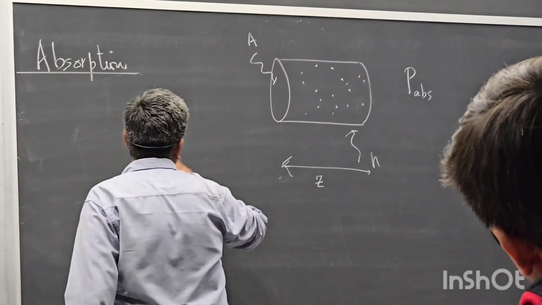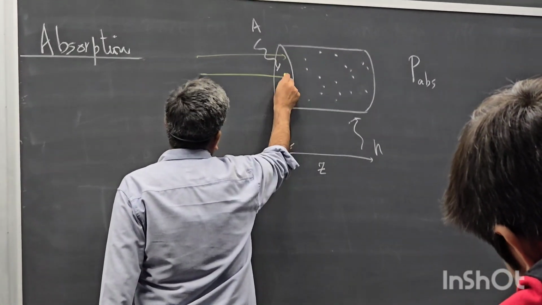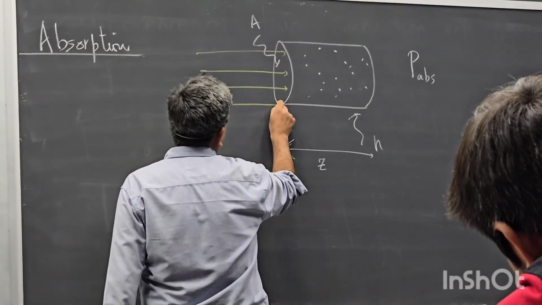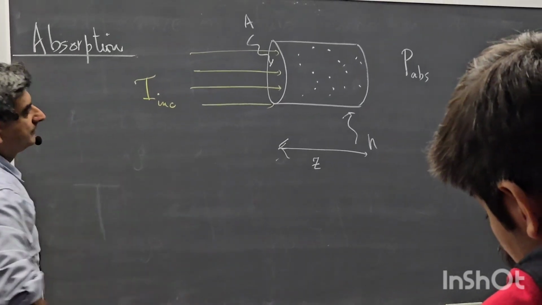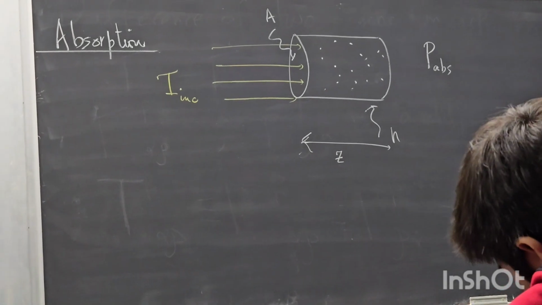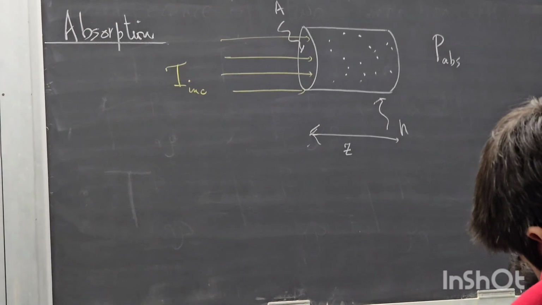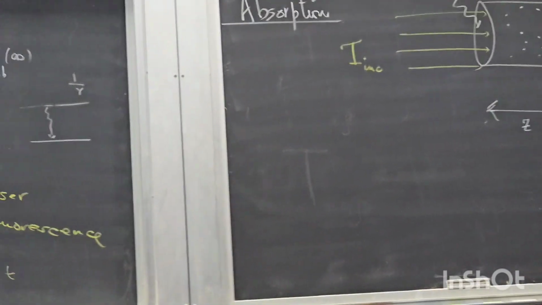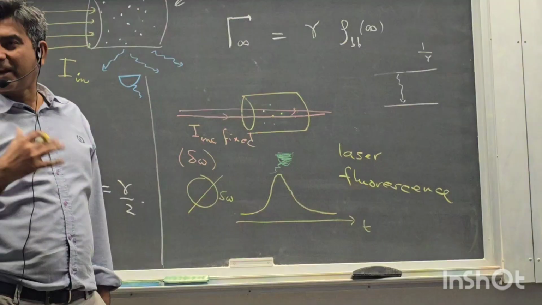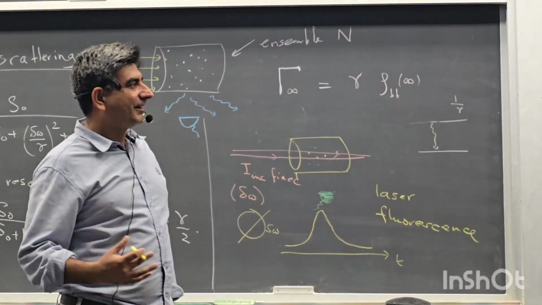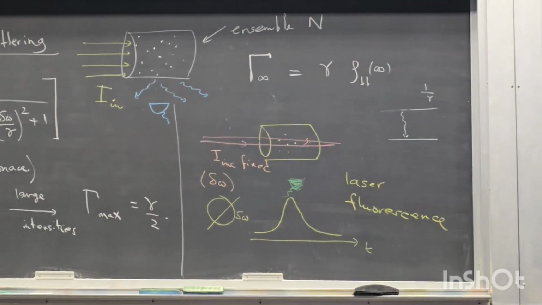So I input light, electromagnetic radiation, with some incident intensity I incident. First of all, I want to see how much energy is being absorbed. That energy being absorbed is actually given by the scattered photon rate. So this absorbed power